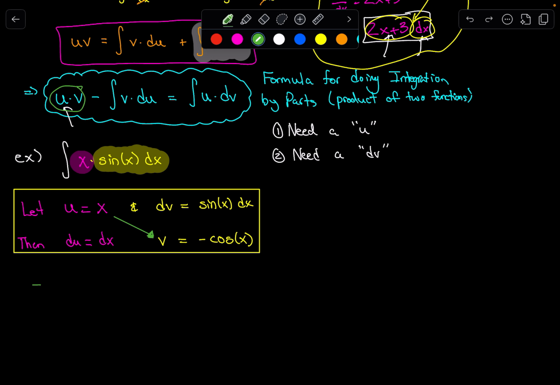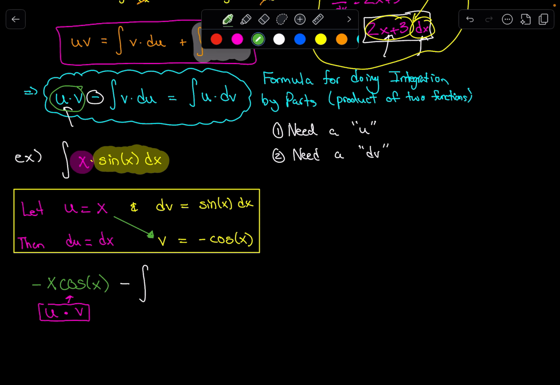I just like to write it in the front. So negative x times cosine of x. That part there is my u times v part. And then the next part of the formula, there's a minus sign. And then we need to compute the integral